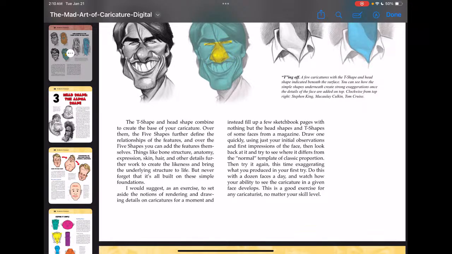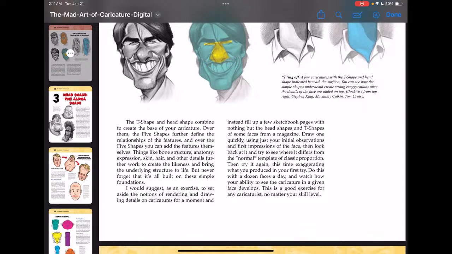Draw one quickly using just your initial observations and first impressions of the face. Then look back at it and try to see where it differs from the normal template of classic proportion. Then try it again, this time exaggerating what you produced in your first try. Do this with a dozen faces a day.